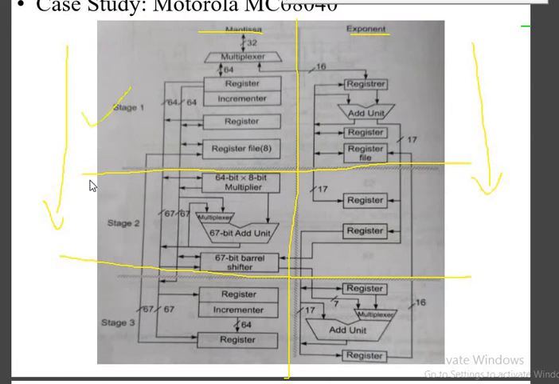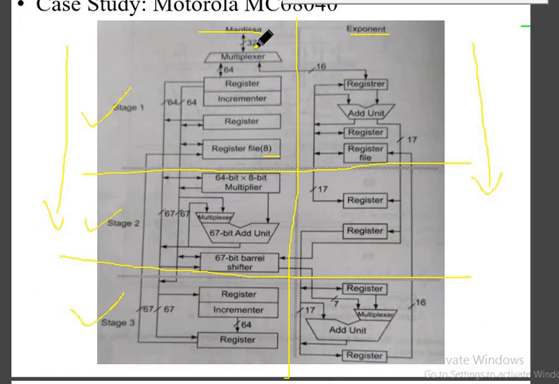That means first stage 1 has to clear and forward its answers to stage 2, then stage 2 will go for upgradation of the answer, and finally stage 3 will complete the operations. In stage 1, input values are collected from the register as well as the incrementer. See here, the register file of size 8. Those values will be taken and, through the multiplexer, since it is a bidirectional arrow, forwarded to the register part.